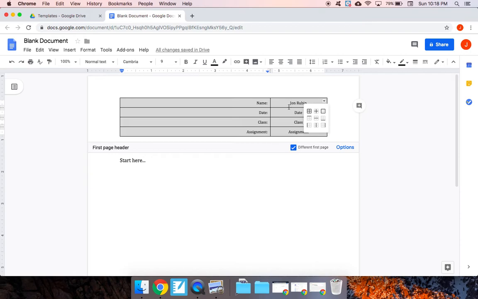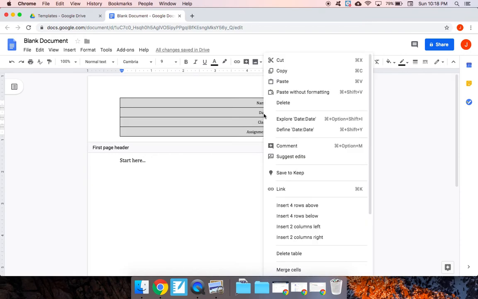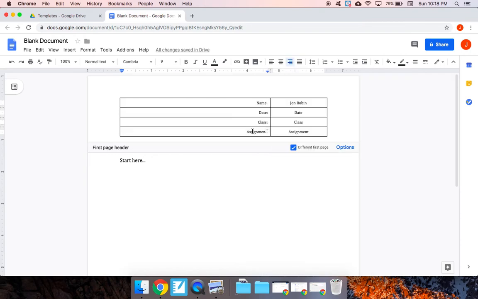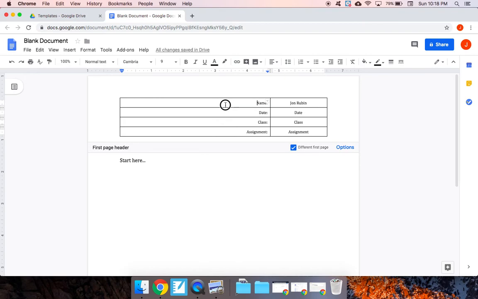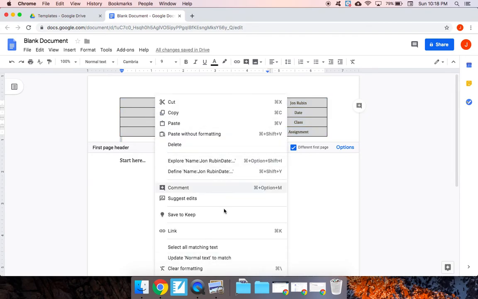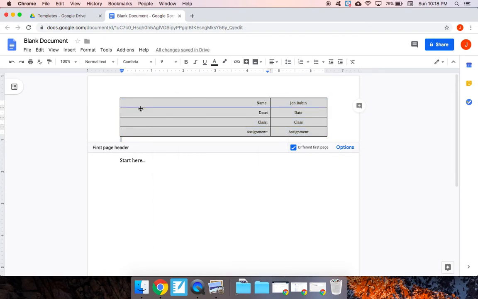That's when I do a single click, but now I want to do a control click instead. So again, I'm choosing all of these, and I'm doing a control click on all the blue. If I go beyond the table, I might see some extra chunk chosen, and if I do a control click, I might not get the same choices. So make sure that you only have the table chosen. Do a control click